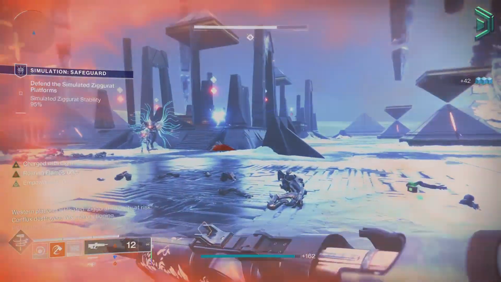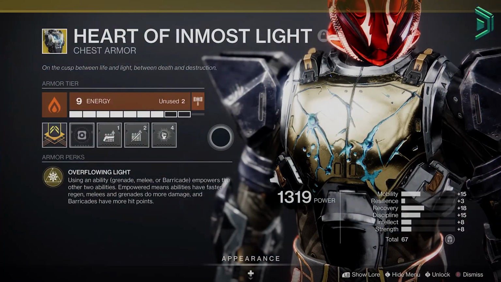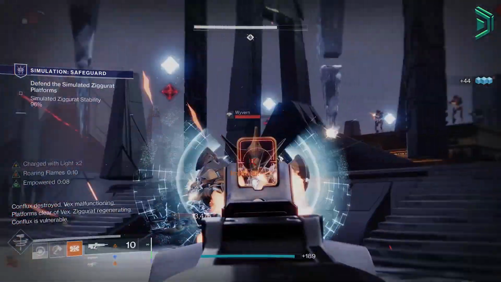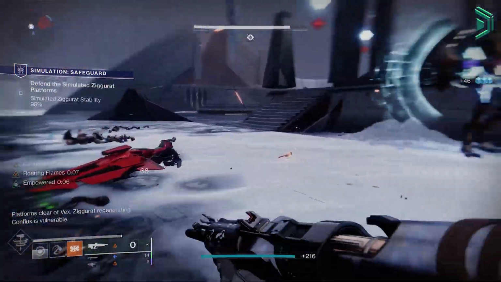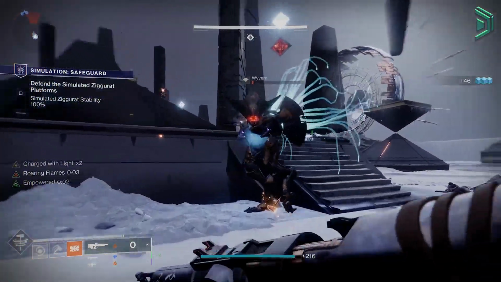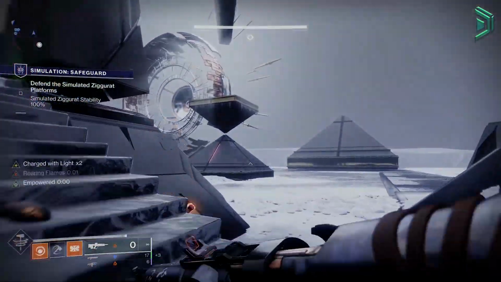For our chest armor, we are using the exotic Heart of Inmost Light, and this reads, using an ability, grenade, melee or barricade, empowers the other 2 abilities. Empowered means abilities have faster regen, melee and grenades do more damage, and barricades have more HP. Now you can stack these damage buffs with each other nicely, and overall, with the solar weapons and build design itself, it really works smoothly together, as you will be chaining solar abilities and using elemental wells to enhance this build further,